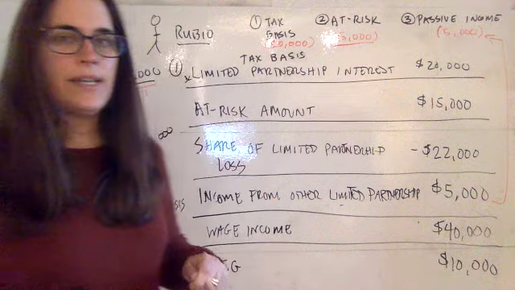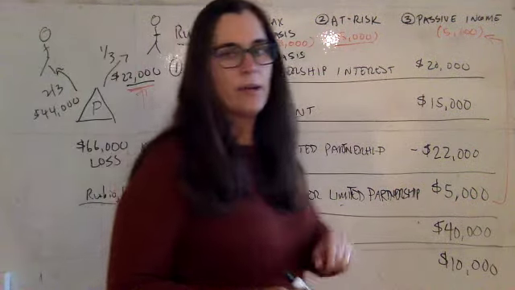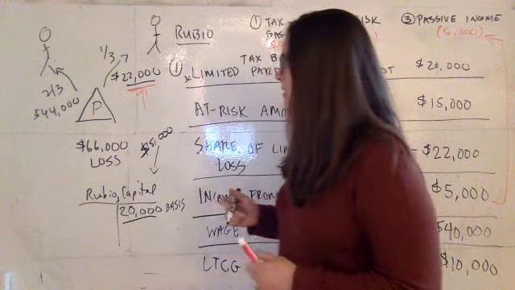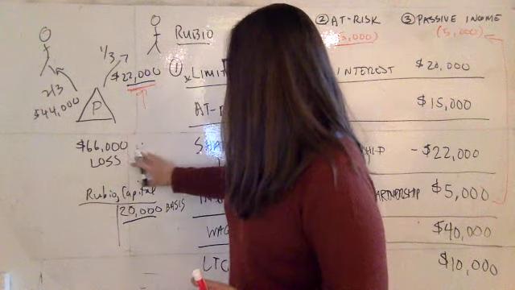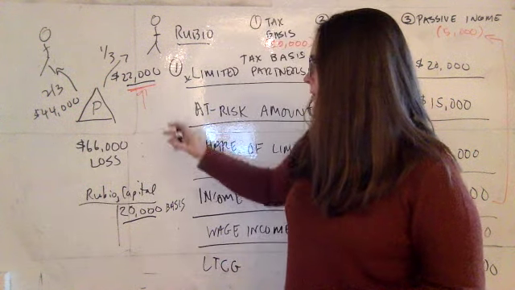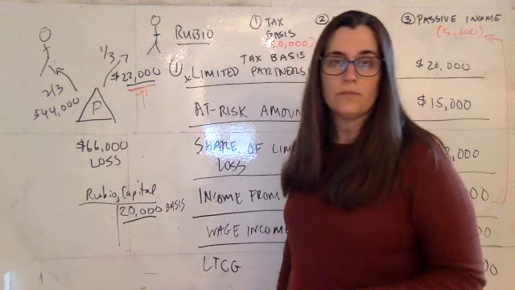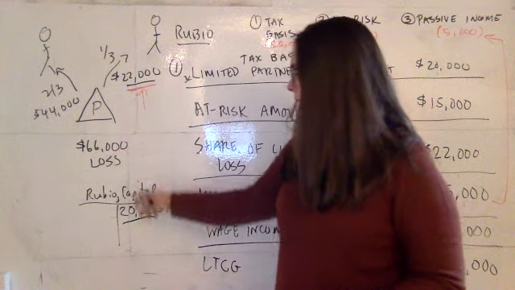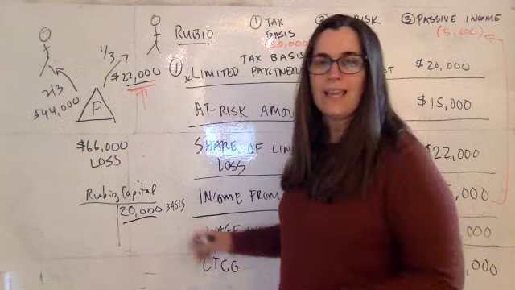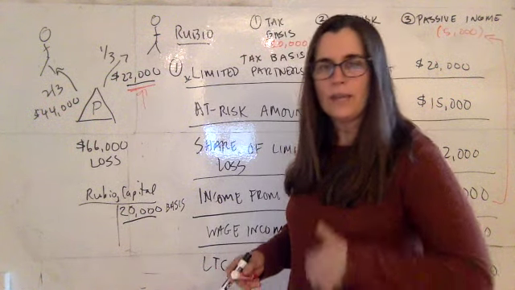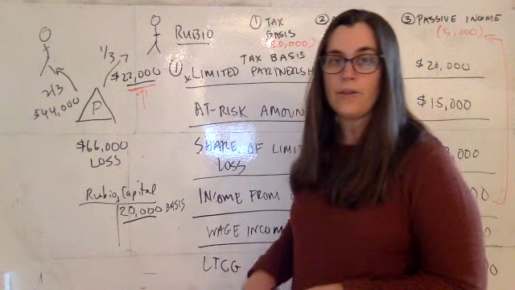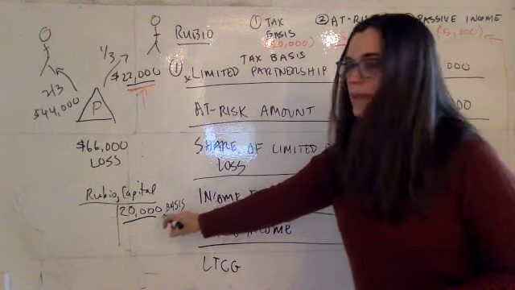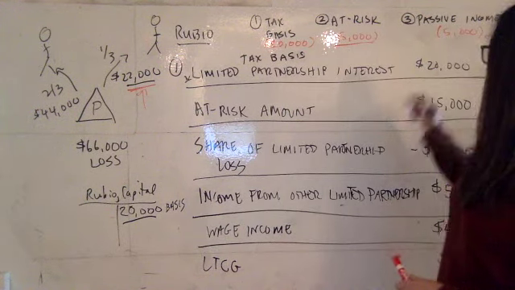Let's look at each of these rules in isolation: tax basis, at-risk, and passive income. But first, let's look at what are we talking about with Rubio having a partnership interest. What Rubio did was he purchased a share into a partnership, meaning he became a partner, okay? He paid cash to become a partner in this partnership. His tax basis, okay, and we can think about this as like the amount in his capital account, okay? Think about it like the amount in his capital account is $20,000. It's his investment stake in the partnership, this $20,000, okay? Think about it like that. Now, that's his tax basis.